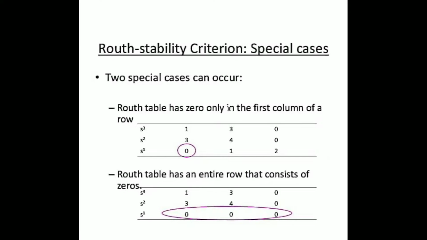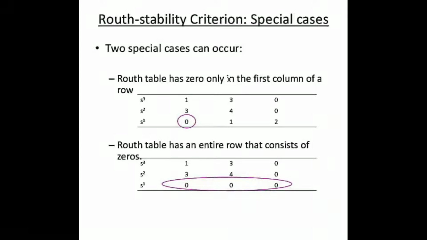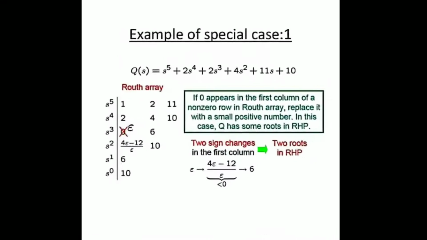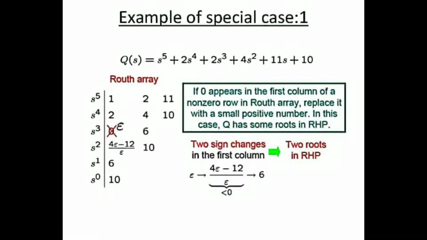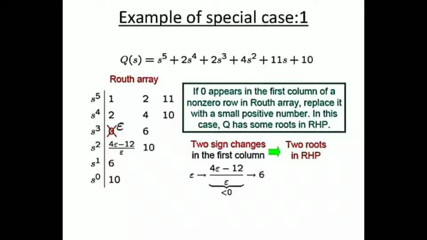There are some special cases also. If we are getting infinity in some first column element, because a 0 is making the system infinity, at that time that 0 will be replaced by the small positive number epsilon, and we are checking the signs, it may be positive or negative. So where the 0 occurred in the first column, we are replacing that 0 by the small positive number epsilon, and then by putting that epsilon we are checking the signs, positive or negative.